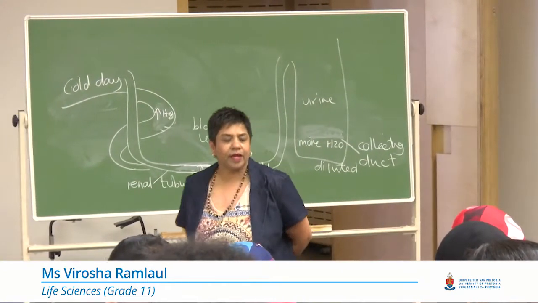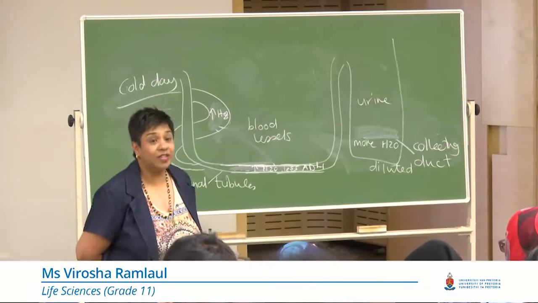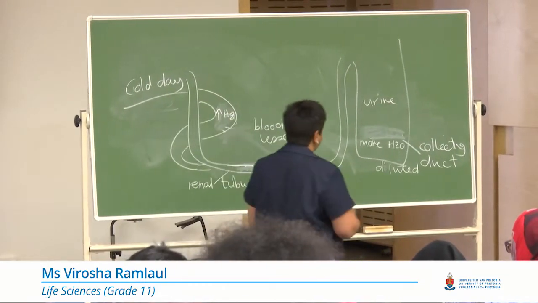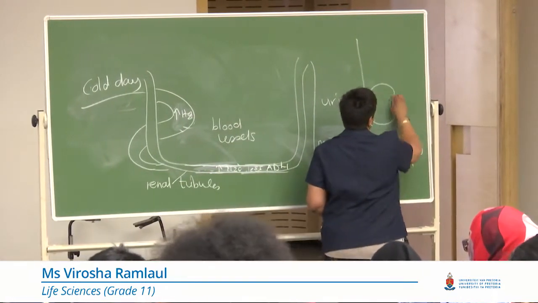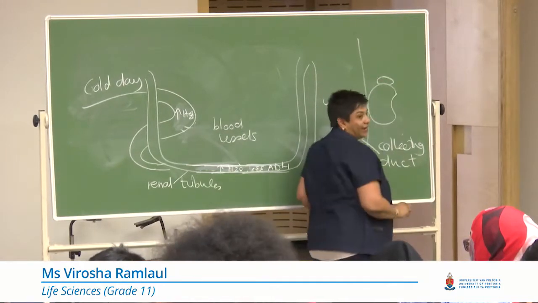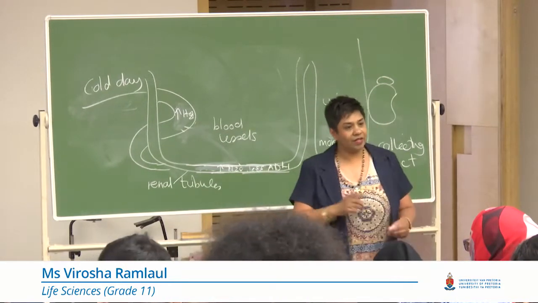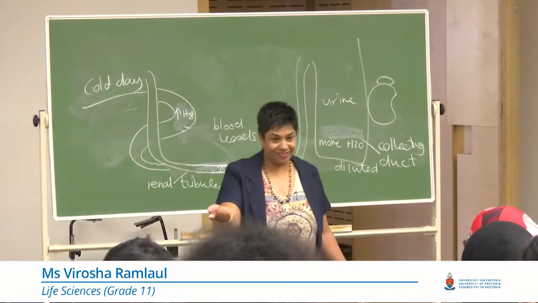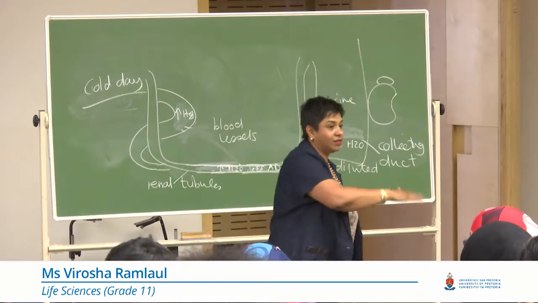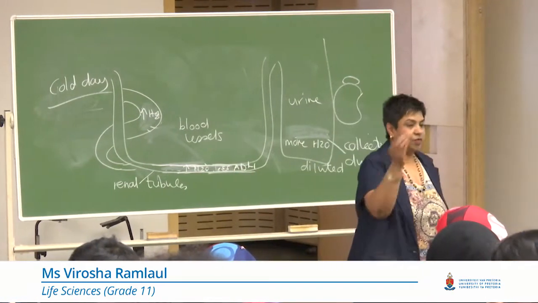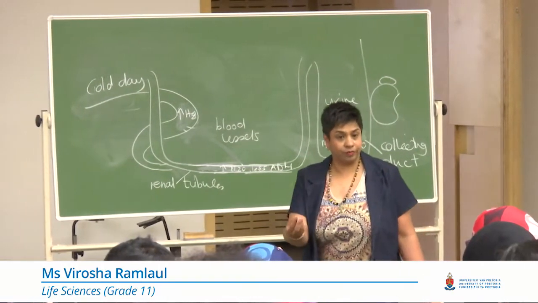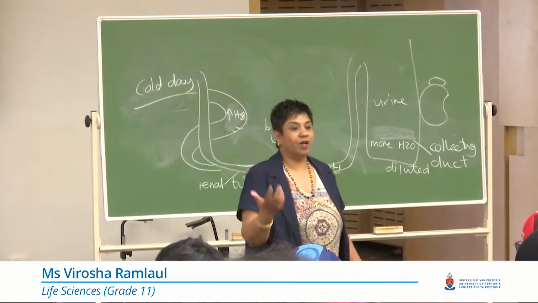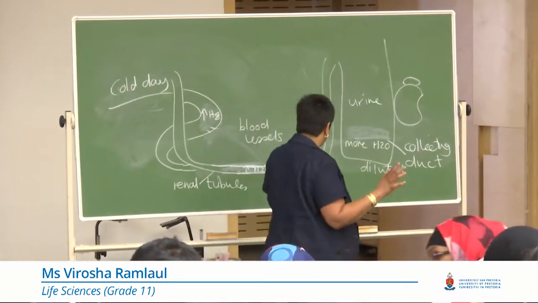Aldosterone is a hormone that's secreted by the adrenal gland. So on your kidney is the adrenal gland. And the adrenal gland secretes two hormones, aldosterone and adrenaline. You're going to learn adrenaline next year. But now you have to learn aldosterone, which controls the amount of, now watch this, you're not allowed